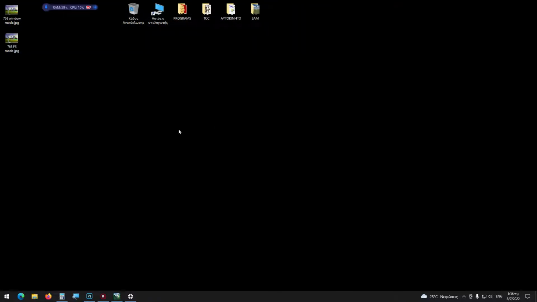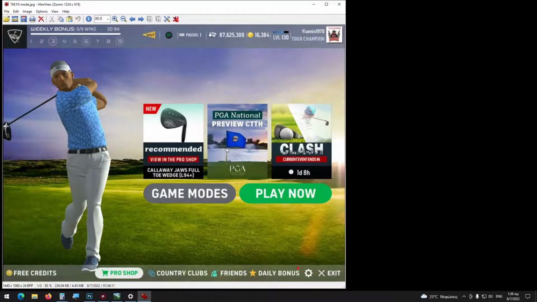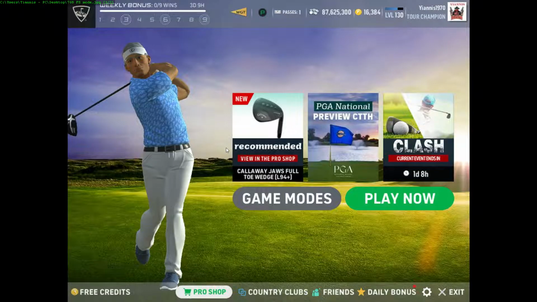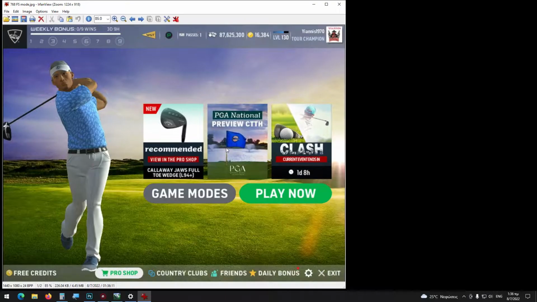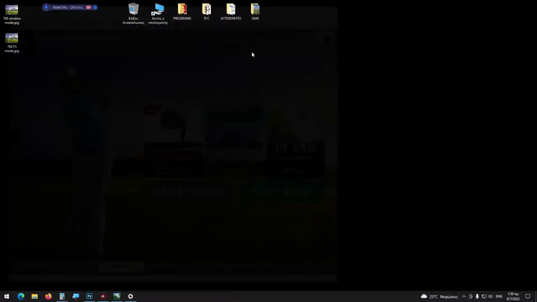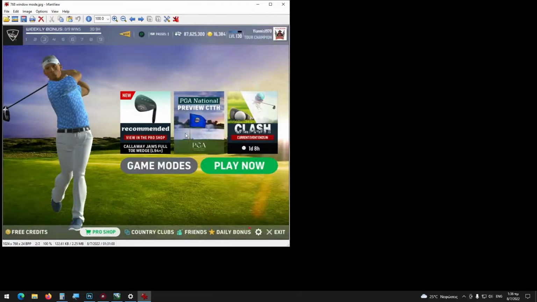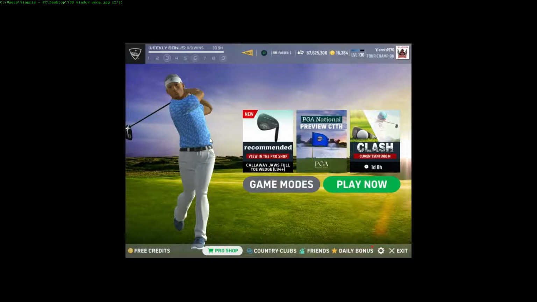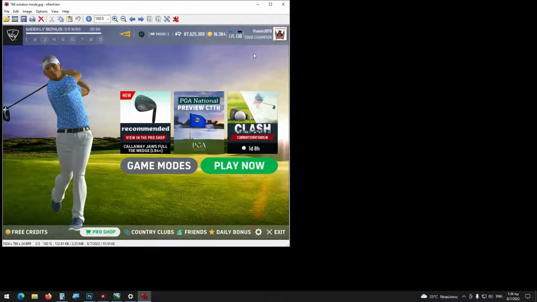Okay, here we have the two different things. Here is the image we see upscaled with our source when we are playing full screen, and here is the image we have when we are playing window mode on our monitor with